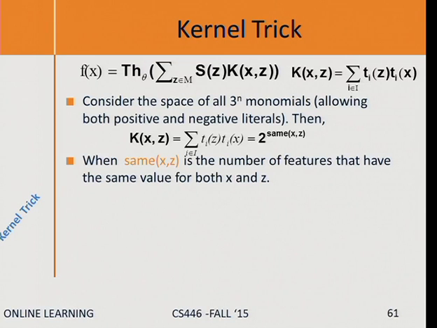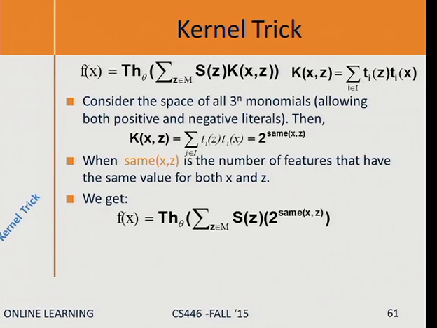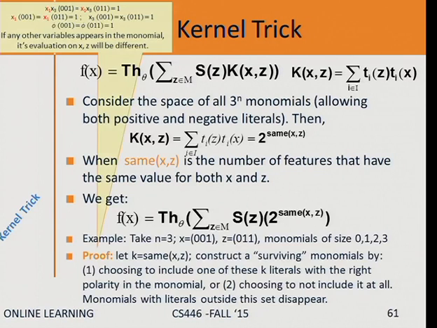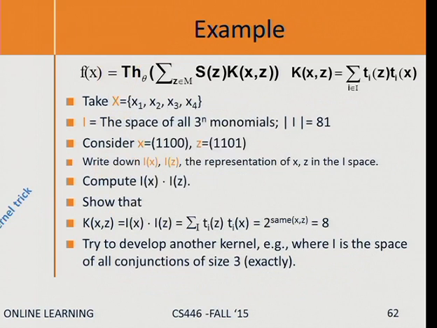Okay? So really two steps. Step one, showing that you can replace a sum over W's with a sum over examples. That's the dual space transformation. Two, I'm showing you that the sum over M, or each element in the sum over M, can be computed efficiently. Okay, so here I show that it can compute it.